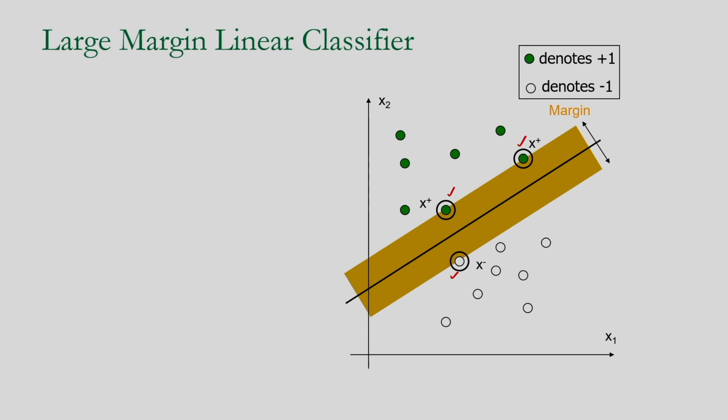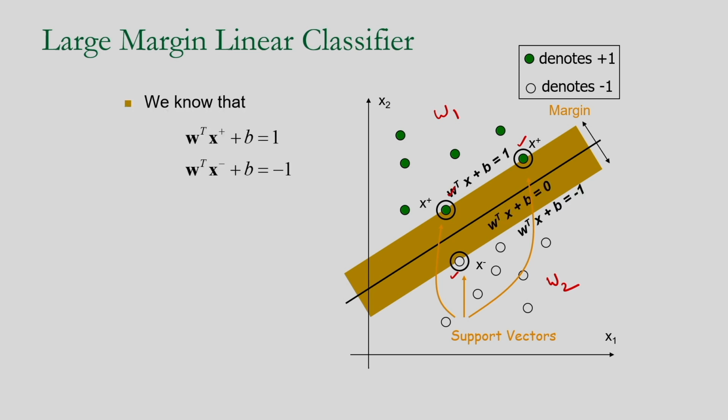And based on this I am defining the support vectors. The support vectors are x plus and x minus. So x plus corresponds to the class w1, suppose, and x minus corresponds to the class w2. With the help of these support vectors I can define the margin. Here you can see these are the support vectors, x plus and x minus.